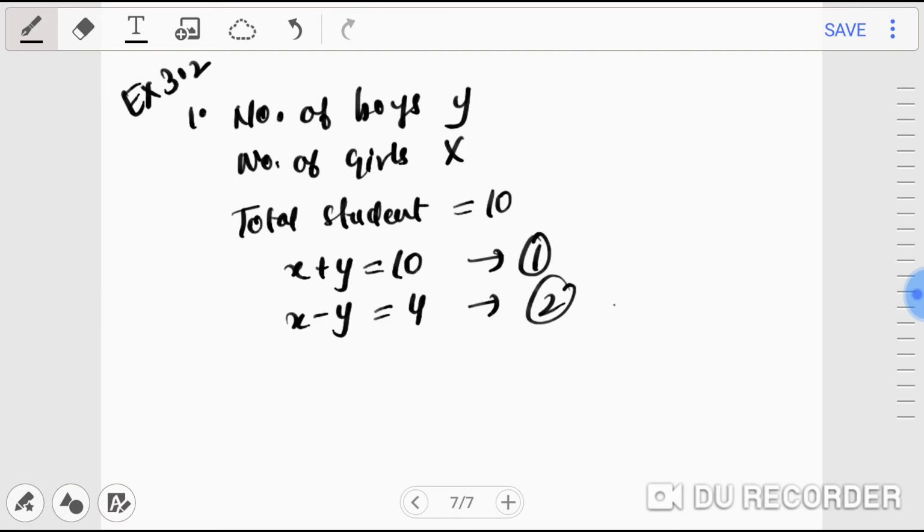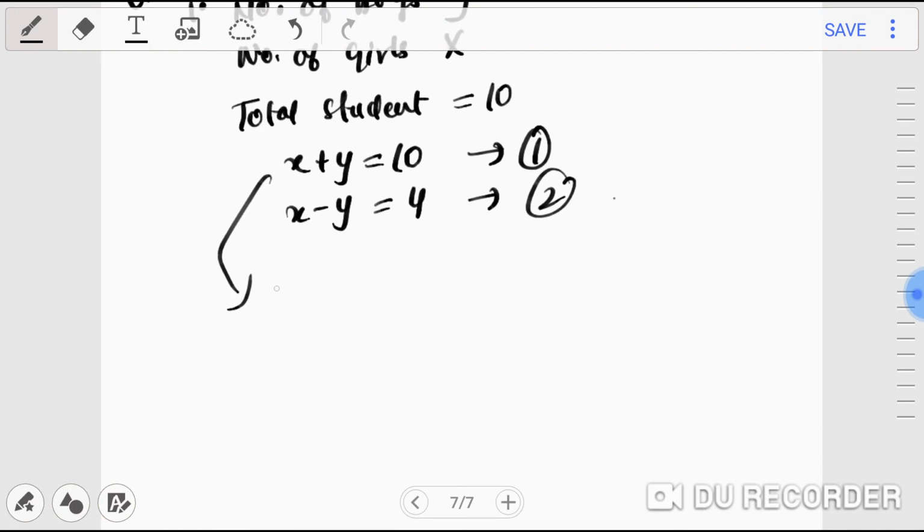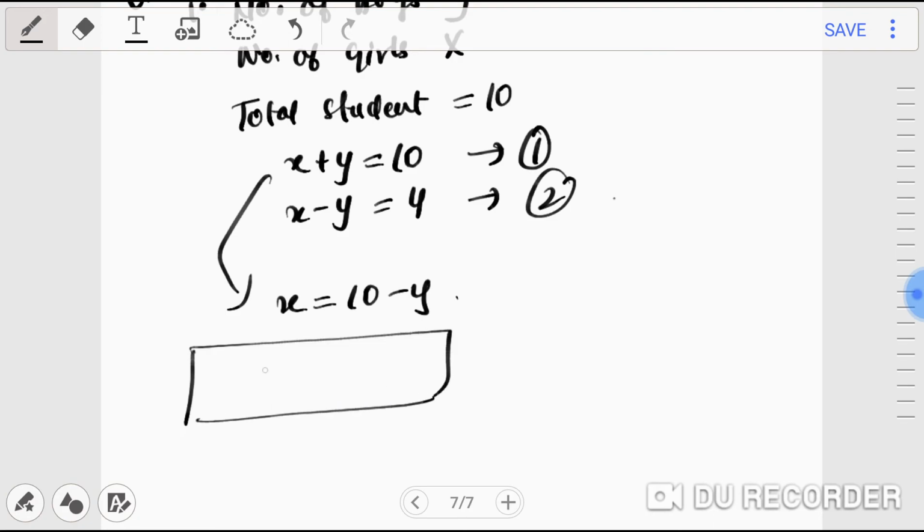And as I said, you have to present on graph, so you have to take x plus y is equal to 10, your first equation, make the subject here and start making a table here. Put the values, make some values of y. If you are taking y as 5, you will get x as also 5. If you are taking y as 6, you will get x as 4. And if you are taking y as 4, you will get x as 6.